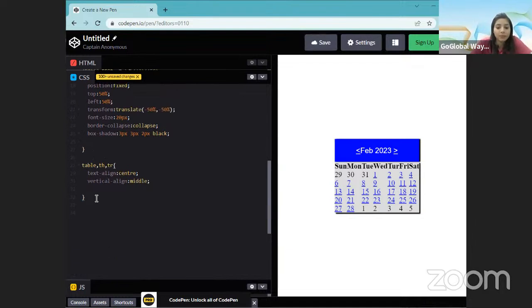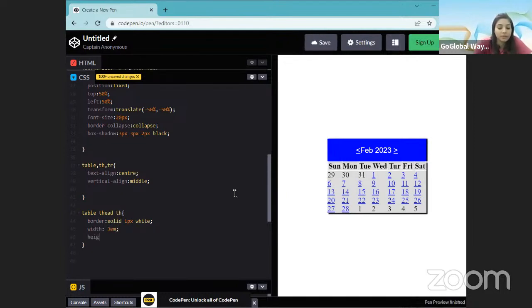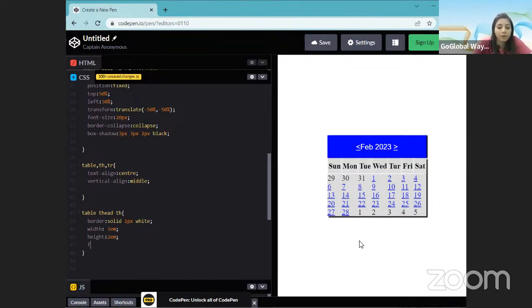And this is done. Now after this, I'm doing the same, like I'm calling my th. So I am doing this, and I'm coming here. Border will be solid, 1 pixel, white. Then width will be 3em. Then height will be 2em. Then font-weight